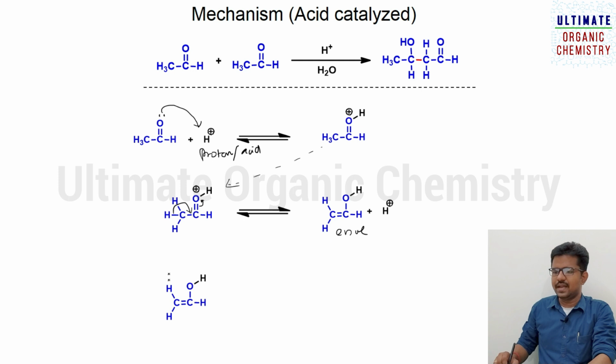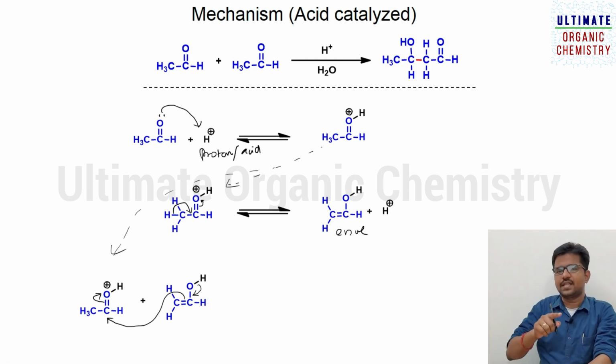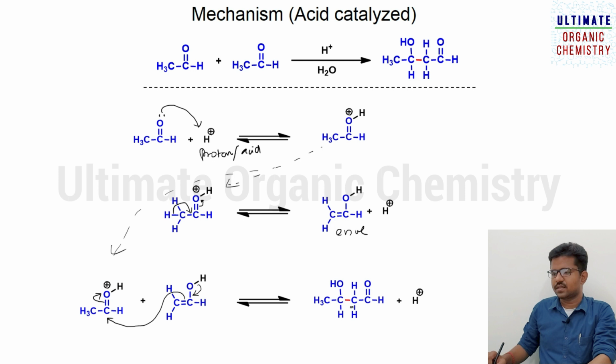Now this enol intermediate will react with another mole of protonated acetaldehyde. This is the protonated acetaldehyde from the first step which I discussed. This other molecule is reacting with this enol. What happens? This electron moves towards the oxygen atom, and this pi electron attacks this carbon atom, and this electron moves towards the oxygen atom because oxygen is carrying a positive charge. So it has to become neutral during the course of the process. So it forms this beta hydroxy aldehyde and it regenerates the catalyst. This catalyst will be utilized in the next step. So this is about the formation of the beta hydroxy aldehyde.